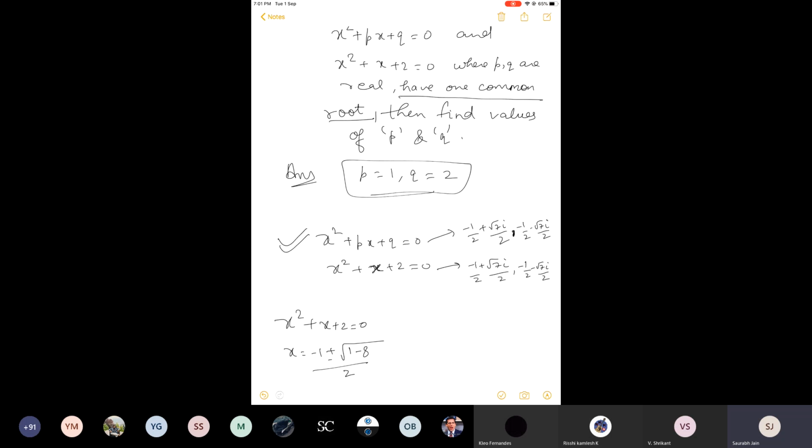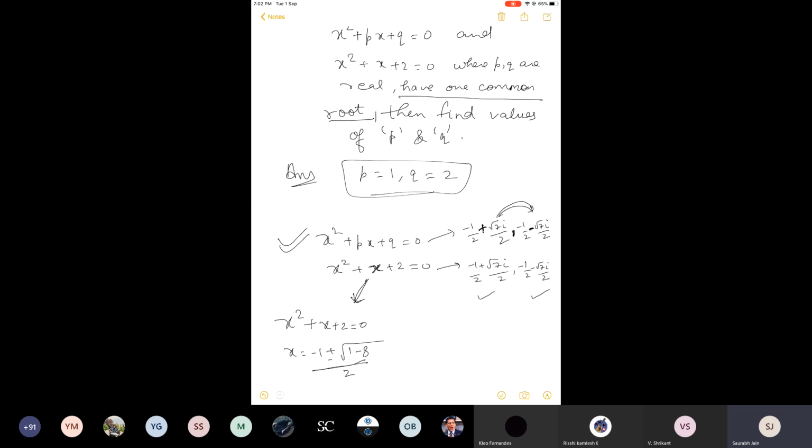Why? First of all, I solved this equation. I got the roots. I wrote them here. Now in the question it is given that one root is common. So I randomly selected the +1. But now it says that the next root will be this only, nothing else. Why? Because complex roots occur in conjugate pairs only. So if it is plus iota, then in the next one it will be minus iota. And what happened as a result? Both the roots are coming the same.